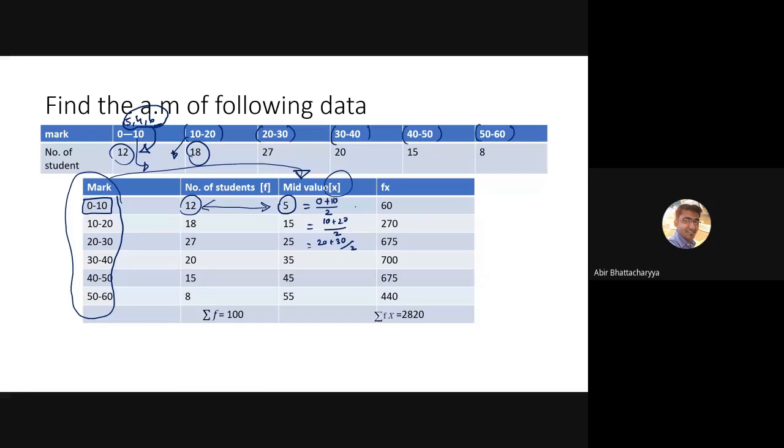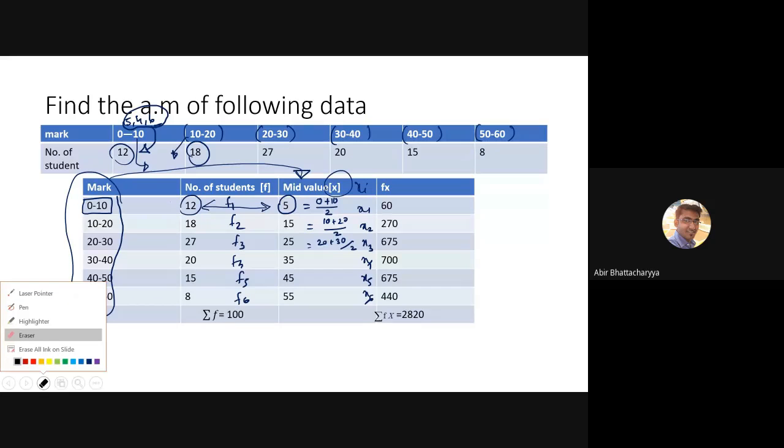This is going to be your xi: x1, x2, x3, x4, x5, and x6. And this is your f1, f2, f3, f4, f5, and f6. Once I get it, I get the count of this and the product of this. Please cross check the calculation. It may be possible they have done wrong calculations, as I copied from the book. So cross check it and verify it. After verification, tell me whether your answer is matching or not. Giving you some time.